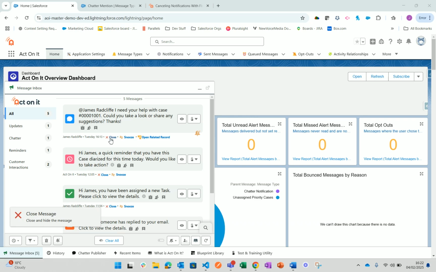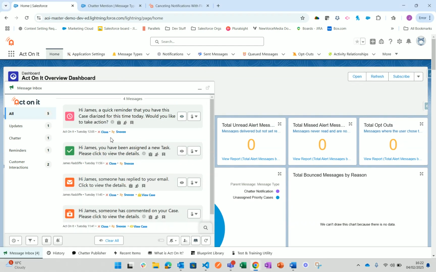So you can see that there's a close action in the footer of all notifications here that have this feature enabled. So once I've actioned my notification, for example, here's a chatter message that I've since responded to, I can then close that notification and that disappears from view. But it's not gone forever because all closed notifications are only moved to the recycle box for a period of